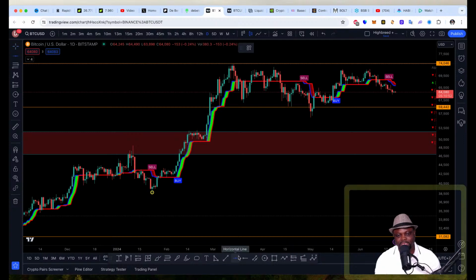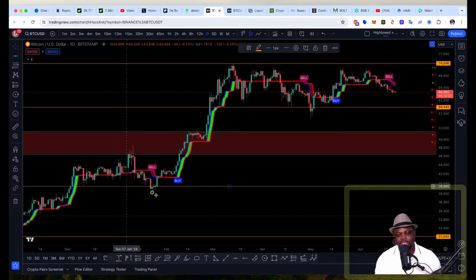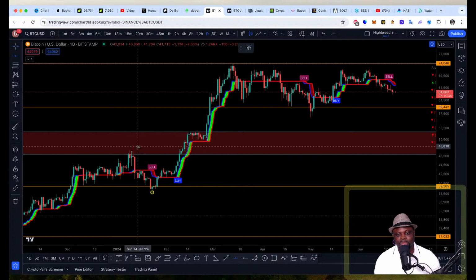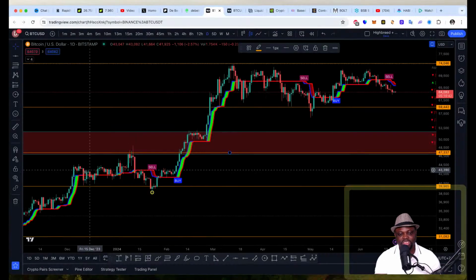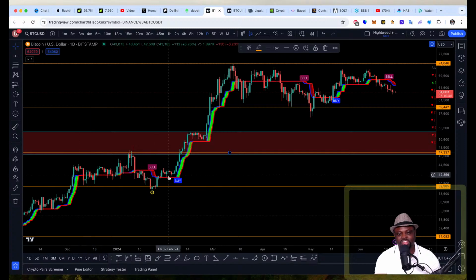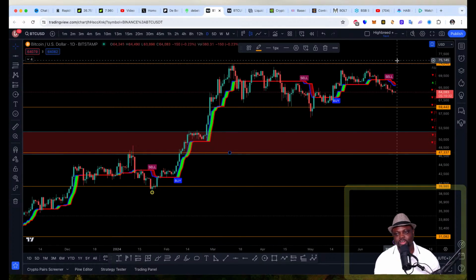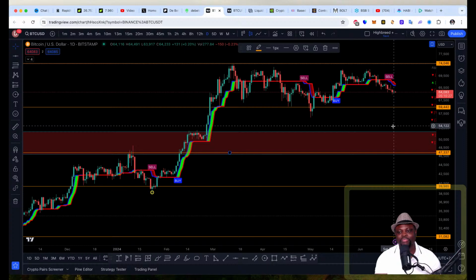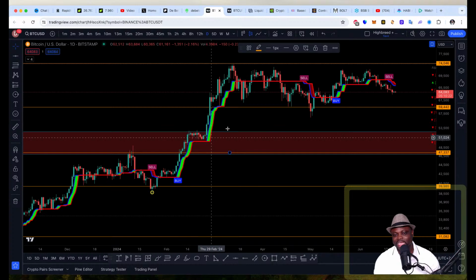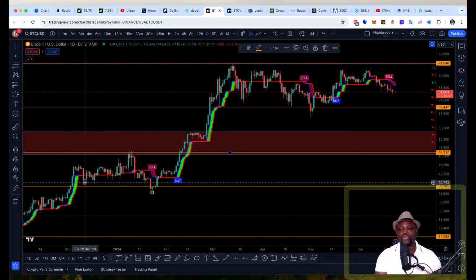So I'm going to mark this here. Looking at this area, it is moving sideways, so let me mark this zone. Sideways, sideways, sideways, and then it broke the trend and went right up there. It's moving sideways now. If it breaks the structure, we don't know whether it's going to be to the upside or to the downside. But looking at previous data and how price reacted, it shows that price might be heading towards this zone to the downside.